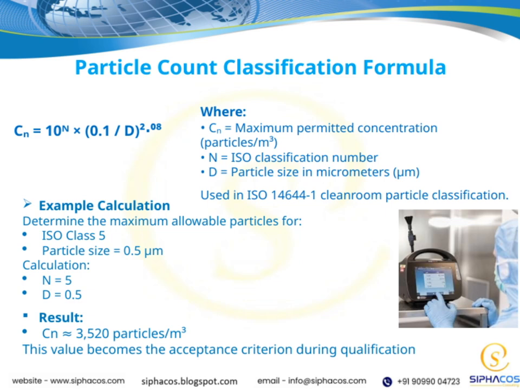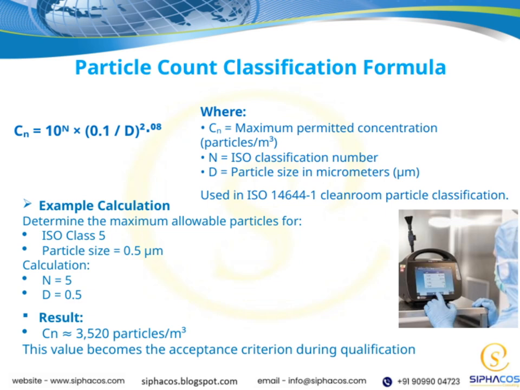Now let's talk about the formula itself. It's called the particle count classification formula. It calculates the maximum allowable concentration based on the ISO class number and particle size. The formula is Cn equals 10 raised to the nth power, multiplied by the ratio of 0.1 over D, raised to the power of 0.8. This formula is fundamental in ISO 14644-1 standards for cleanroom classification. It helps us ensure that our environments meet strict cleanliness requirements by quantifying the maximum allowable particles for different classes